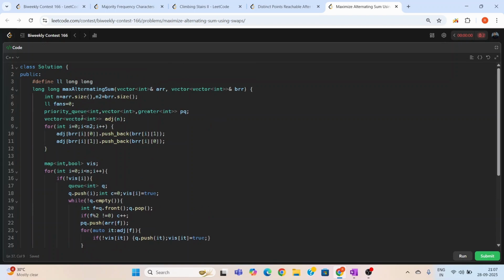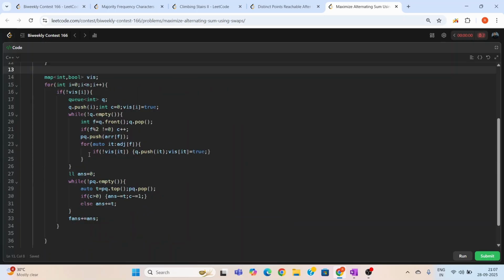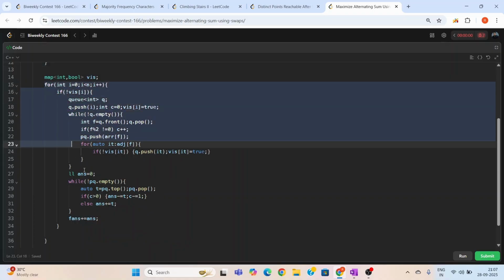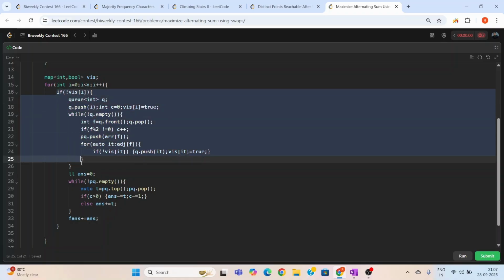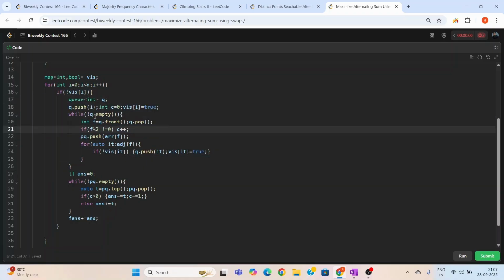To summarize, basically I take the two arrays ARR and BRR, which is the edge swap array. After it, I will take a priority queue, which is the min heap, and an adjacency list. I will form the adjacency list, and I will take a map for your visited array. That gives the status of whether the current index is already visited or not, and I will move on each index and see if index i is not visited, then I will go to that index, and after putting that index in the priority queue I will go to the adjacent of that index, and one by one